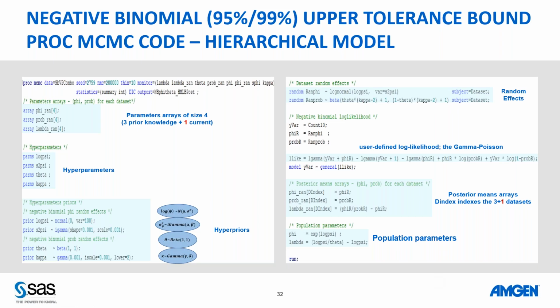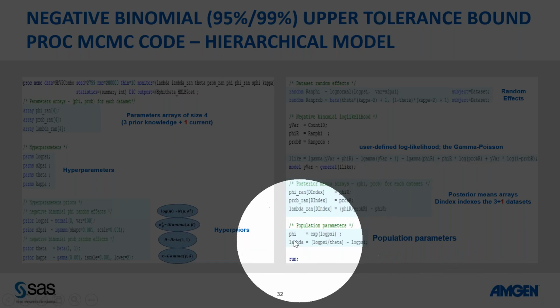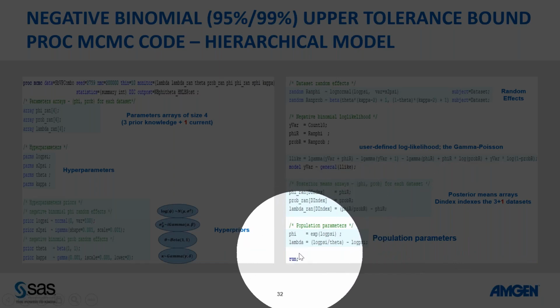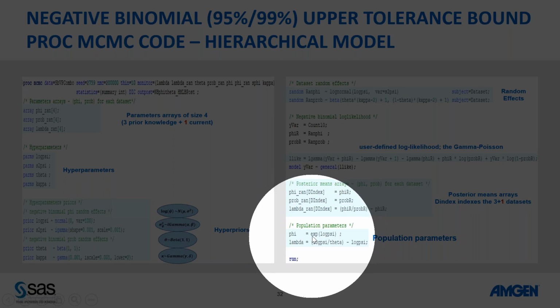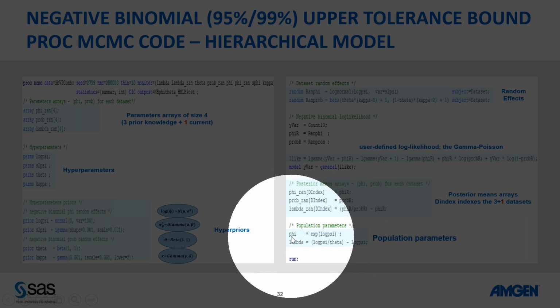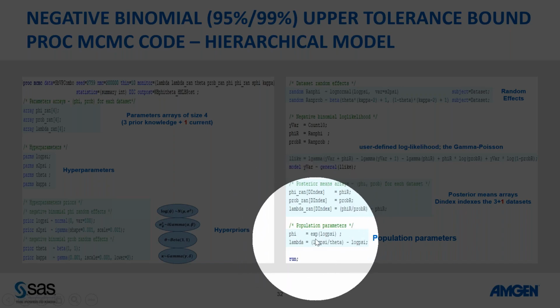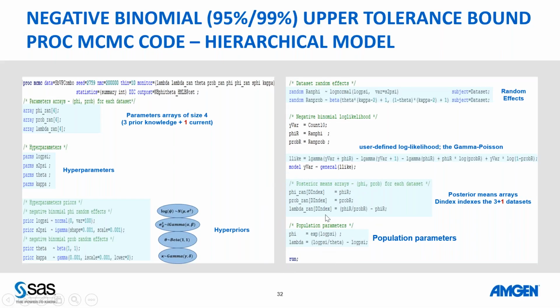As it advances to data set value 2, it computes for data set 2 and so on, because in the input data set, the value of D index changes from 1, 2, 3, 4, so it knows which array is being computed on. And then the population parameter is the transformation, the phi population parameter, a transformation of the hyperparameter, the log of phi psi, and the lambda is the corresponding transformation. That's it.